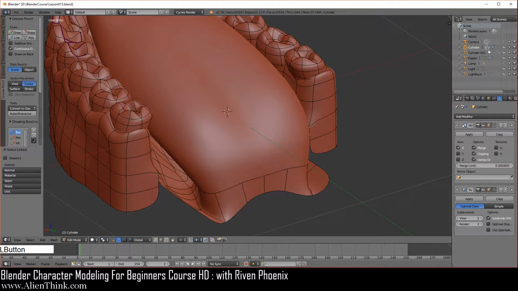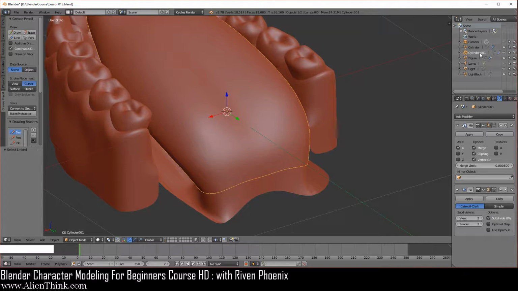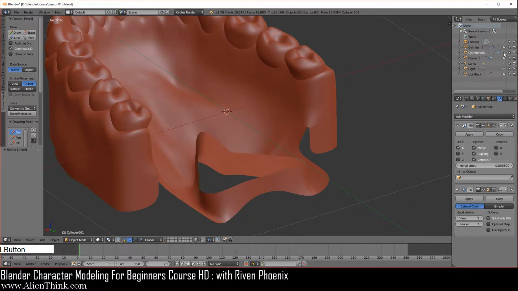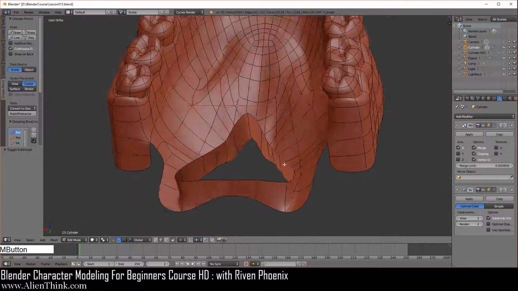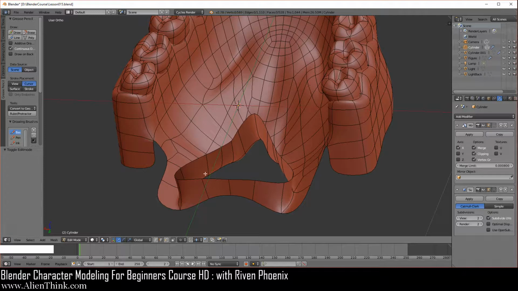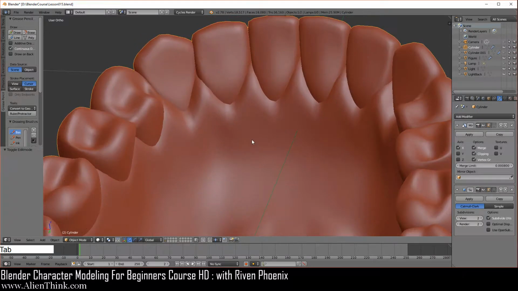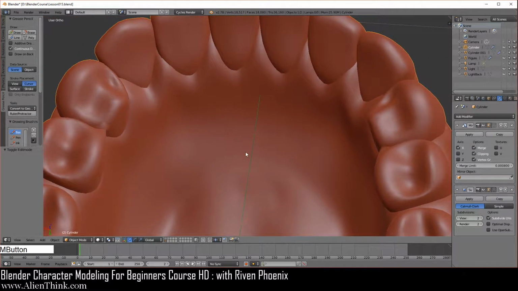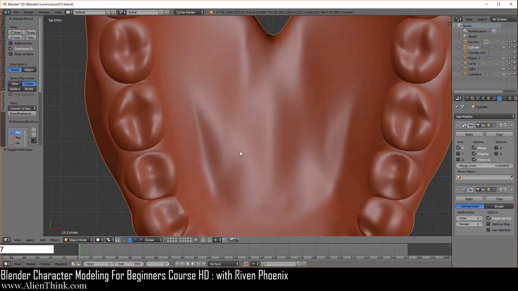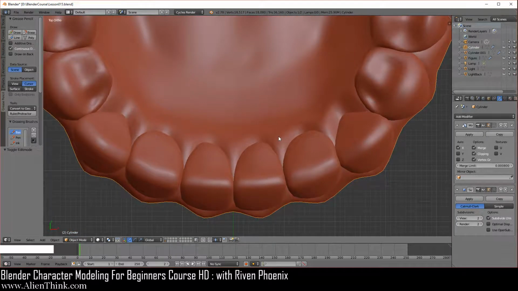Okay, if I click on this one, this is the new object. See, it's highlighted in orange over here. I can deselect this over here. So this is the tongue, and this is the original object, right? We haven't named this. It's just cylinder. So now if I do tab, you can see that I can go in here and edit anything as long as I don't move this area over here. You don't want to touch this. Then when we bring it back, we can simply join the object back and put it back to the way it was. Okay, so anyways, now you can see that we can come in here and examine this area over here. So what I want to do is actually go to the top view first. Okay, we're going to look at this from here and just do tab.